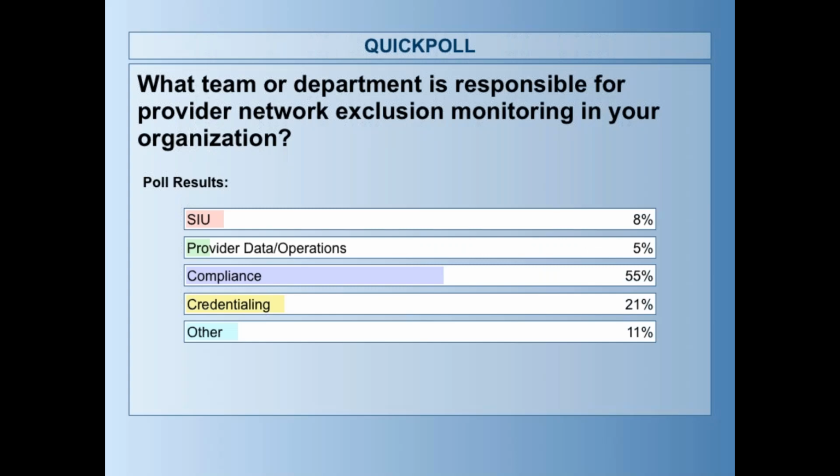So no surprise here that compliance has the majority. Just really want you guys to get a feel for how your peers and other organizations are functioning, and where these responsibilities lie within their organization. So 55% in compliance is really kind of what we expected. So thanks for